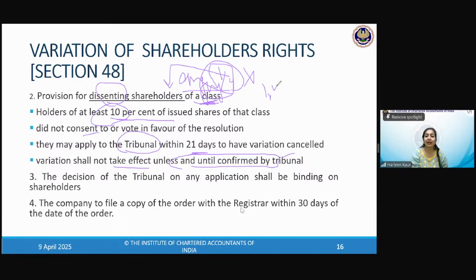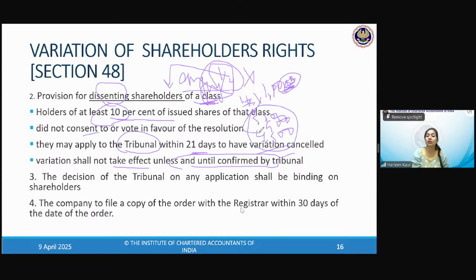So out of those 1 lakh shares, if the company is having, so 10% of the holders of the shares, so 10,000 you should be holding, these shareholders who are holding in totality 10,000. Say for example, one is holding 500, another is holding 5,500, another is holding 4,500. तो हो गया ना 10,000 से ज्यादा, 10,500.